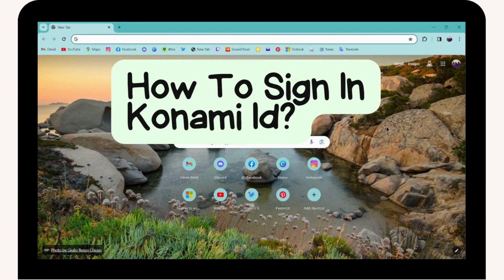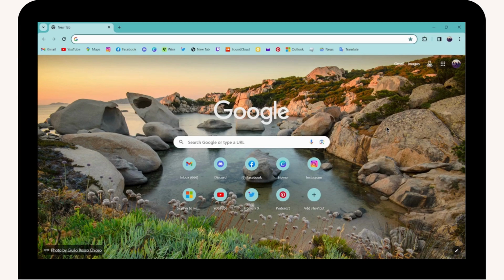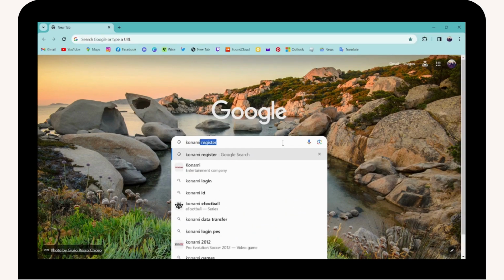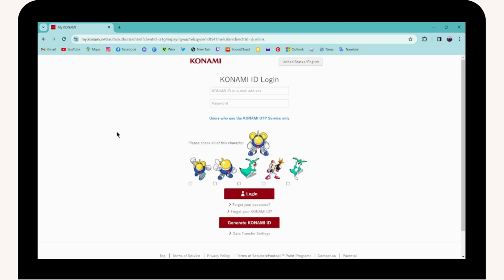How to sign in Konami ID. So if you want to sign in to Konami, then first of all open up a browser and then search for Konami sign in, and after searching you can go for Konami ID login,